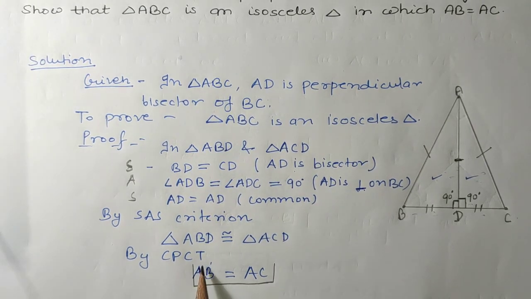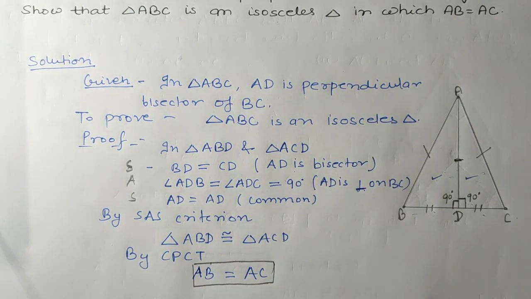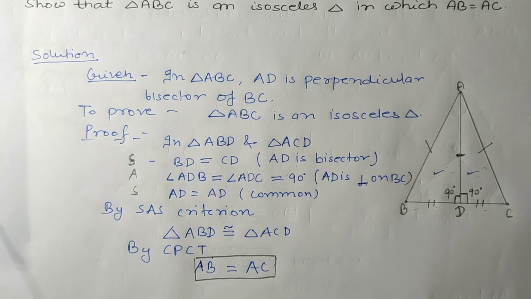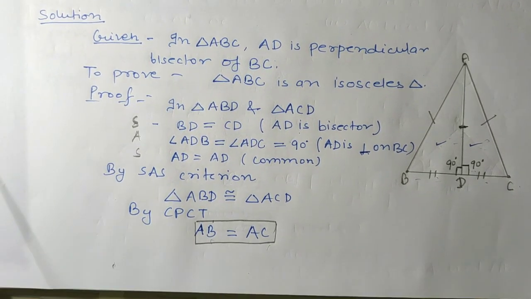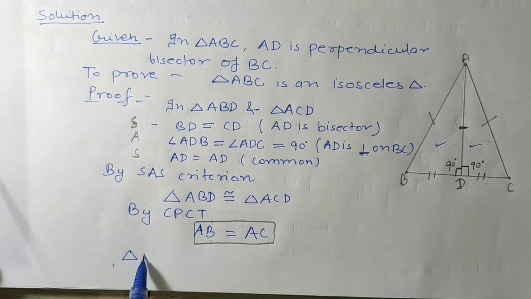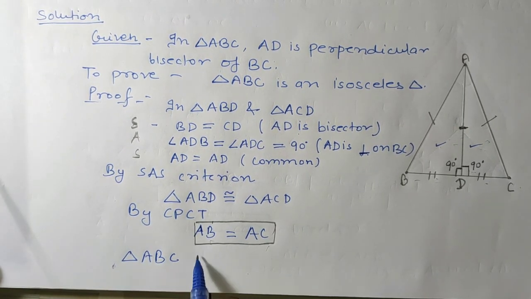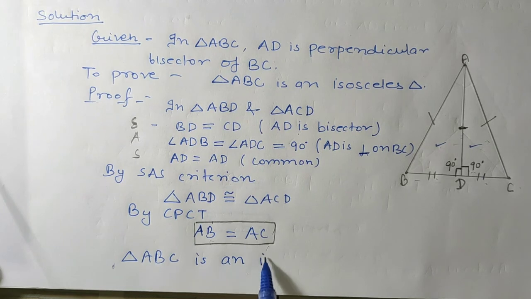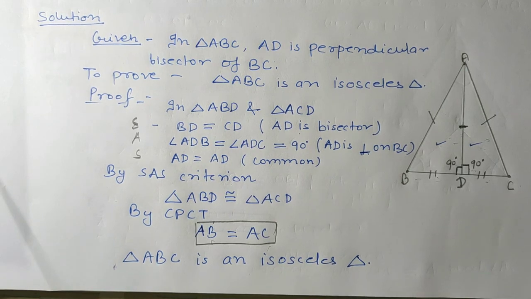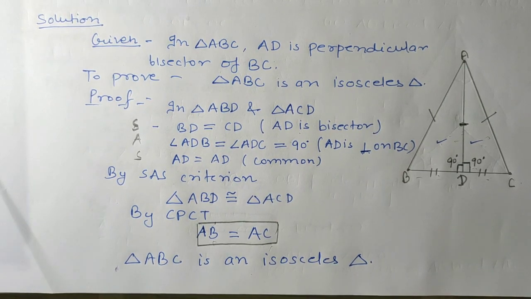Okay, this was to prove that the side AB is equal to AC. So if these two sides of a triangle are equal, means the triangle ABC is an isosceles triangle. Okay, students, so just pause the video and note it down,